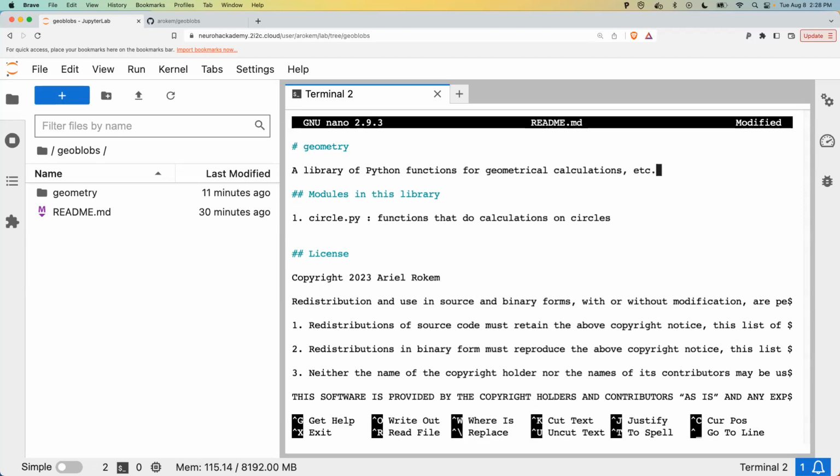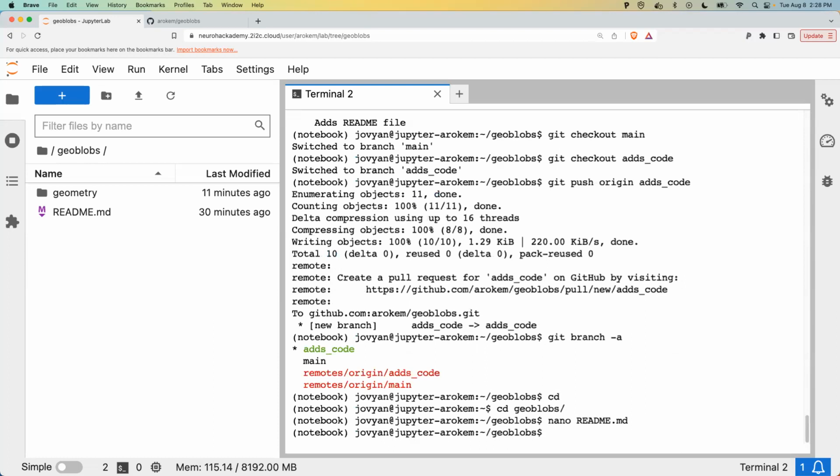So let's make your addition different from my addition so that it becomes interesting, and so that we can demonstrate why we need